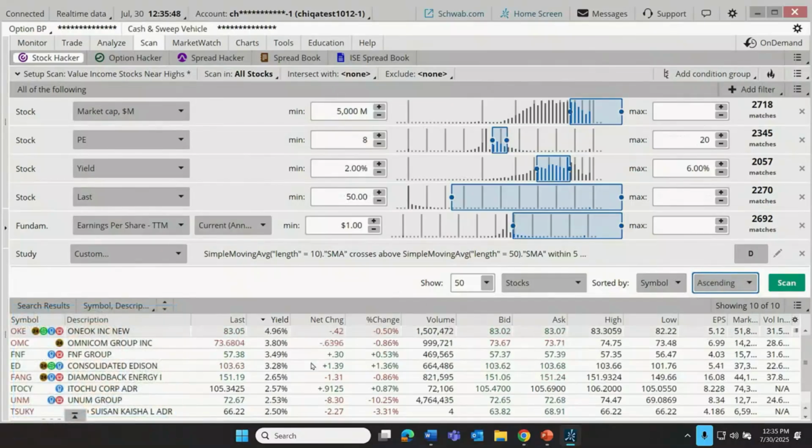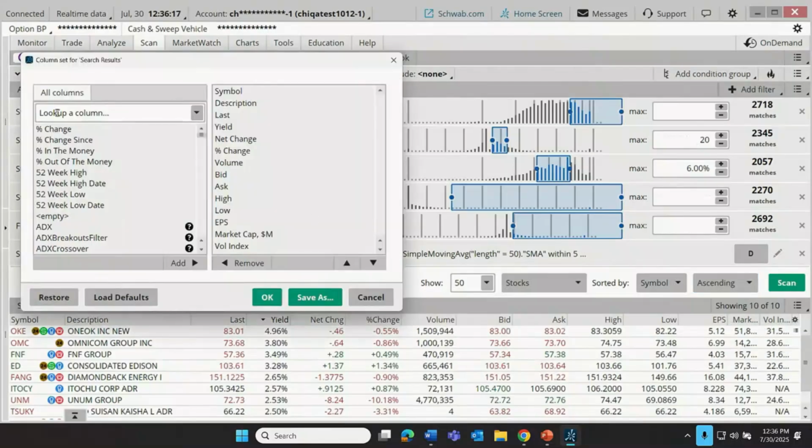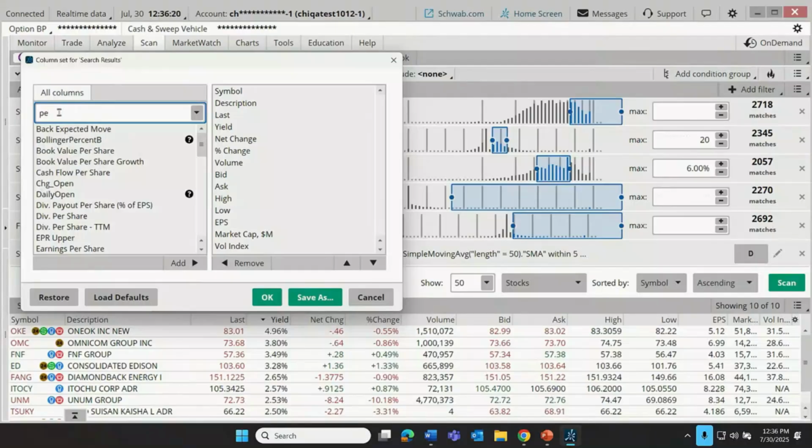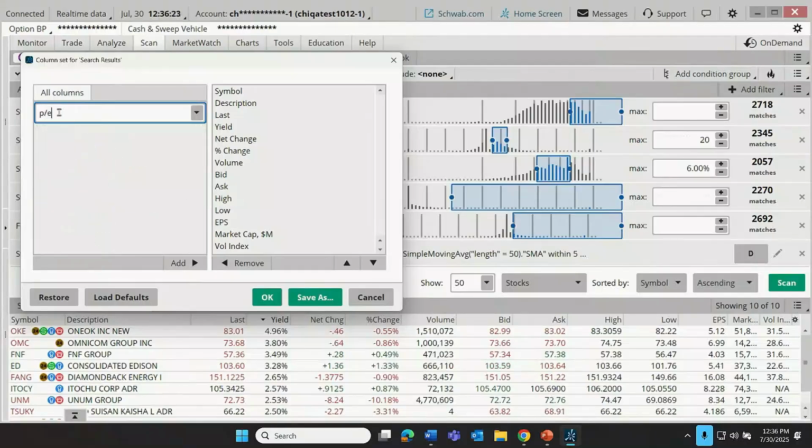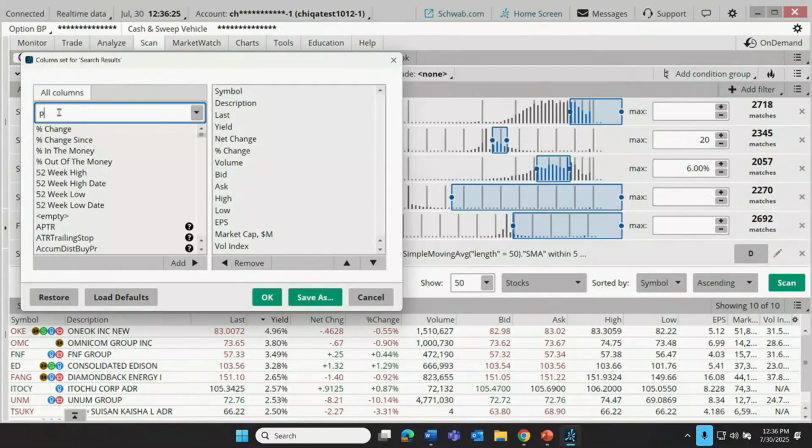Now, the final thing that I want to show is that even the columns down below can be customized. So for example, let's see if we can pick something out here. We have our last, we have our yield. Do we have our PE ratio here anywhere? Nope. PE ratio is not currently displayed. So if our trader wants to be able to see the PE ratio in their list of columns down below, we can click on the little gears over here to the right. This is our customize field, and we can just look for PE. Let's see, I think it's actually spelled out as price in this example.